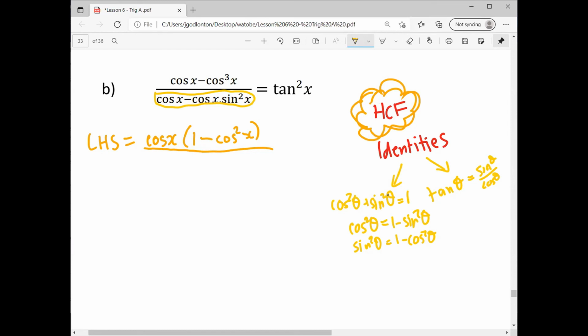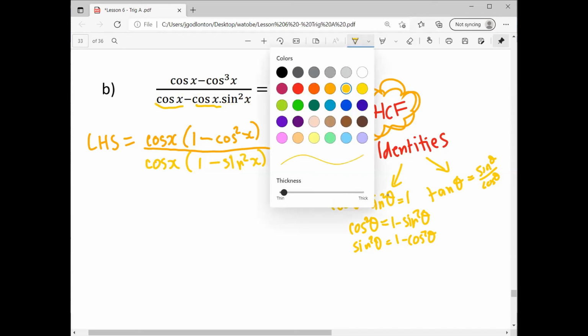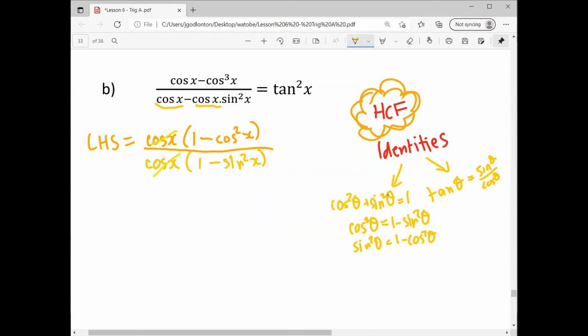Can I do the exact same thing? Can I also take out cos x as my highest common factor? Because I've got cos x in my first term and I have cos x in my second term. So I can take cos x out and I'd be left with 1 minus sine squared x. Now that should be ringing some bells for you because we can see that these two cancel and then our